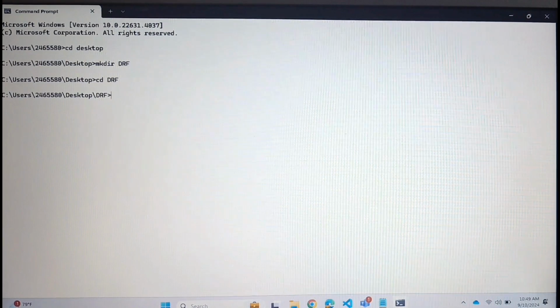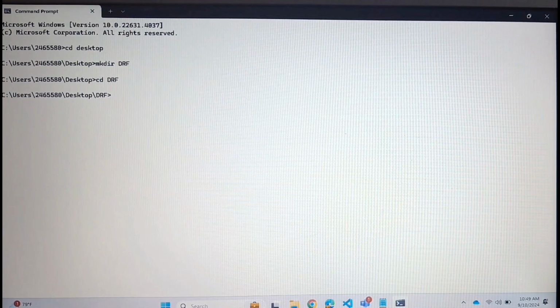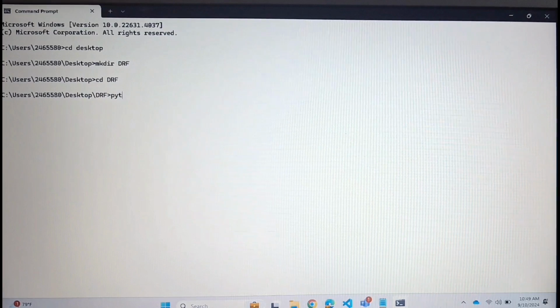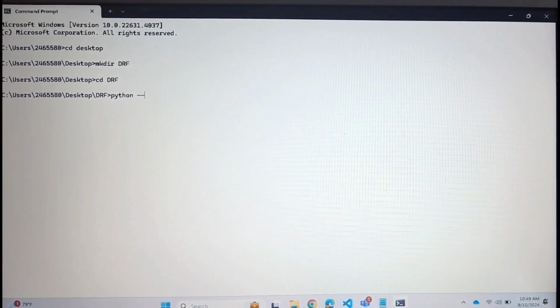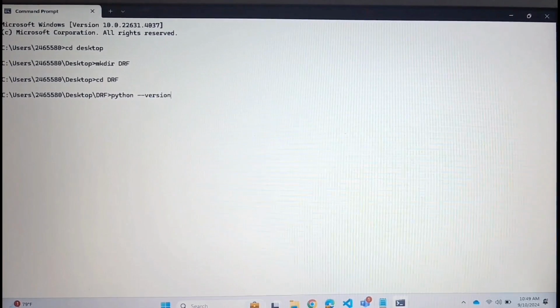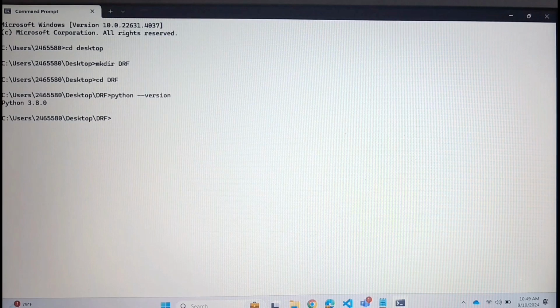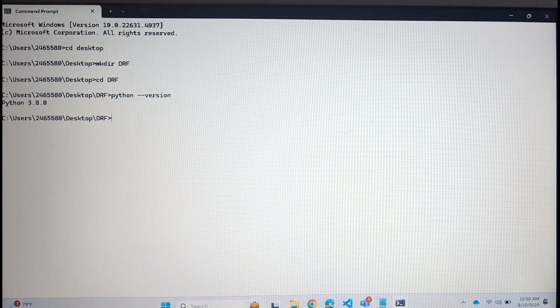But let's check what is the command to check Python. So for that, python --version. So this is the command to check the Python version. If you are not getting any error, it means you have Python. Okay. Then next, I want to create